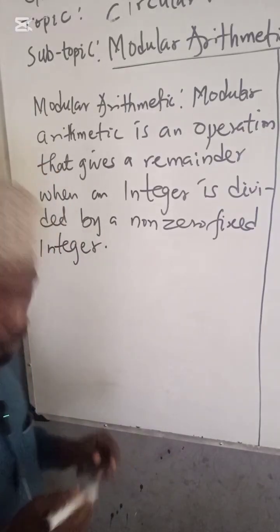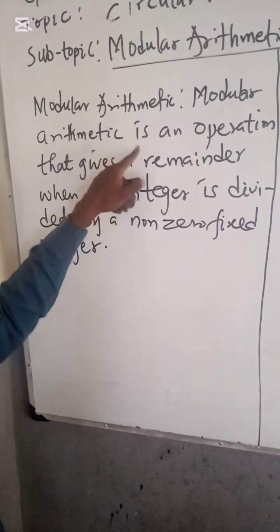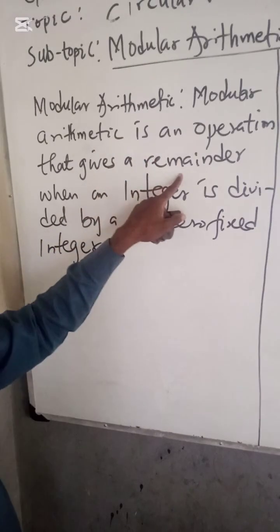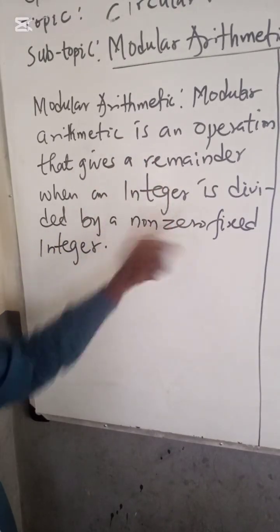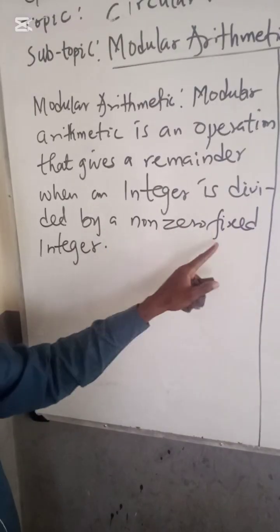What do you mean by this? Look at it. Modular arithmetic is an operation that gives a remainder when an integer is divided by a non-zero